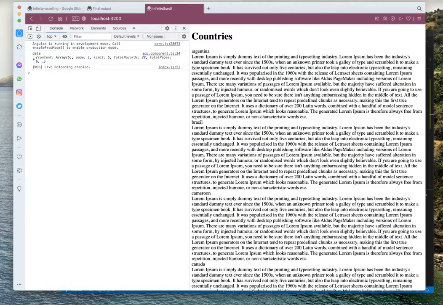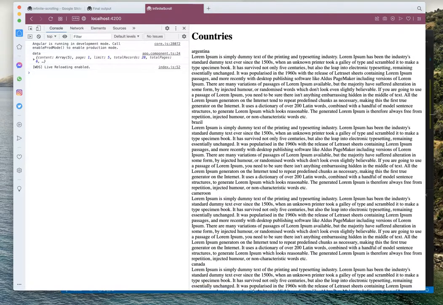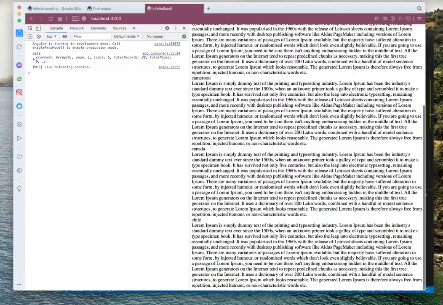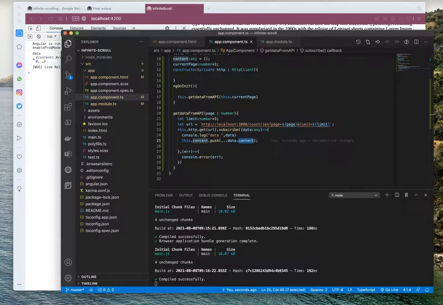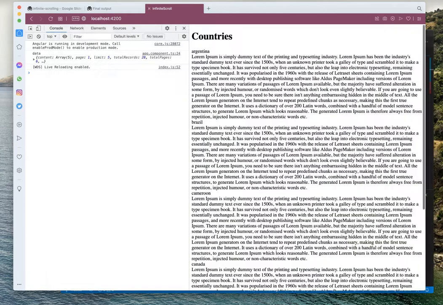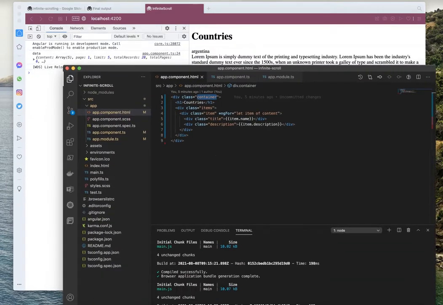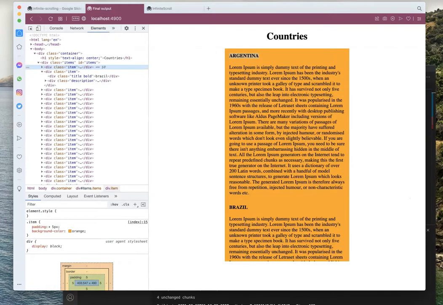And currently we can see the 5 records that were returned by the API on our screen. We have already added the logic to render the content on our screen in the HTML template, so we can see the rendering accordingly. Let's add the required styles in order to have the same look as our final output.